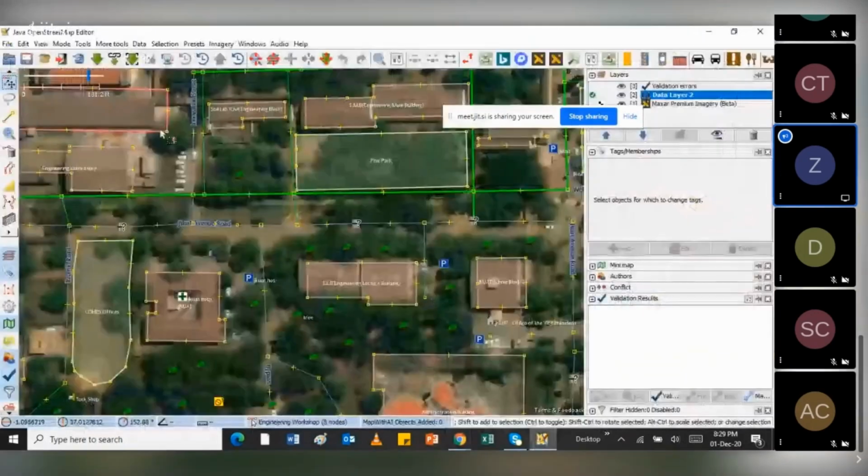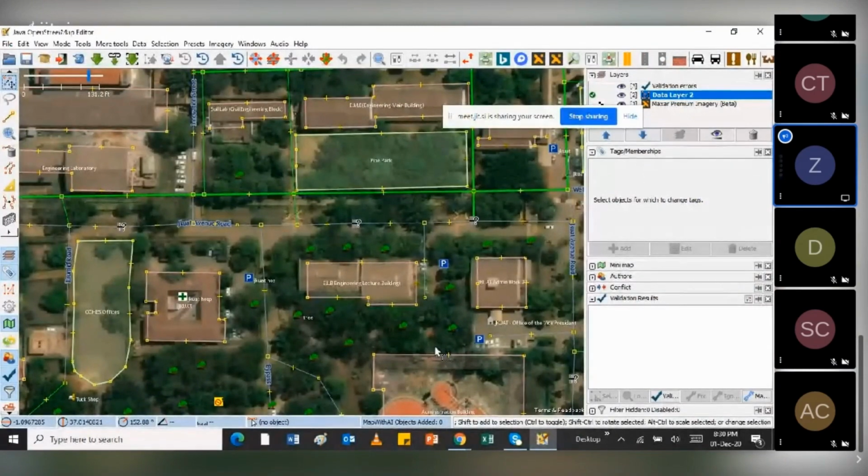As I mentioned, JOSM is not like the iD editor, which is directly connected to the OSM base map because it's based on the web map. This one is more like a software. So whatever work you're doing, you have to pull the data first from the server, and once you've done the edits, that's when you upload whatever changes you've made.